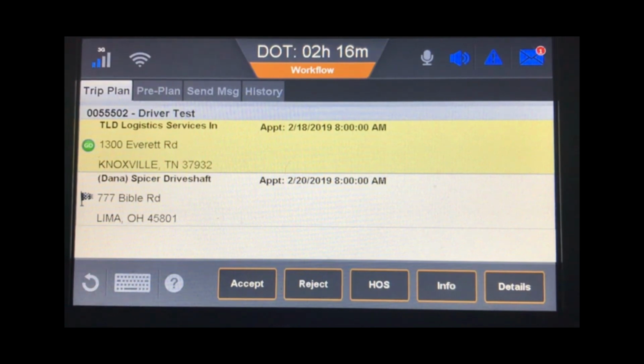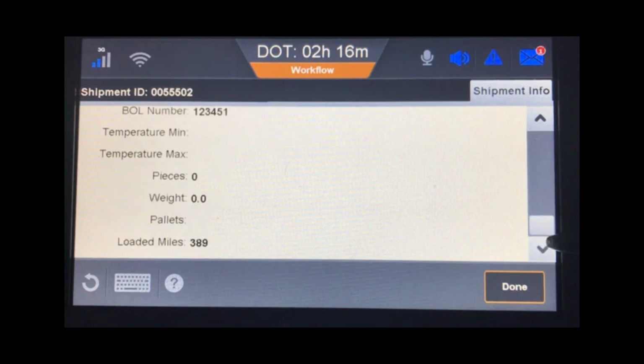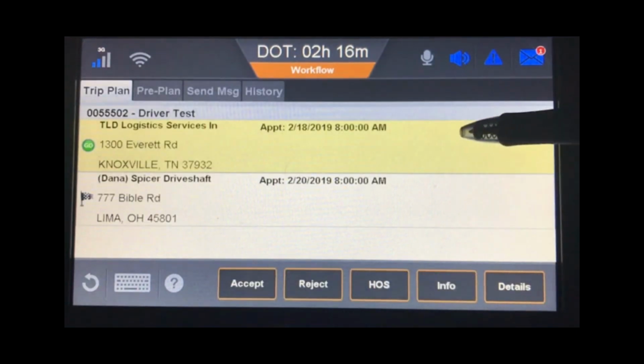Once you receive the information, you can click on Info right off the bat, and it will give you the shipment info, basic info about the loadmaster order number. You got your pickup times. If there's a trailer on the order, when they send it, you'll see that present, as well as a bill of lading, any commodities, pieces, weight, miles driven, the loaded miles. You can click on Done, and then with the shipper selected in yellow, I can click on the Details button,